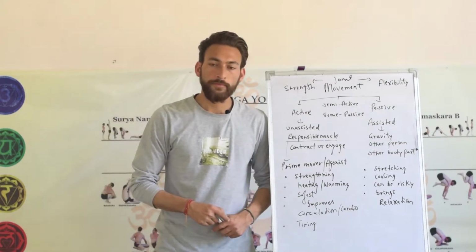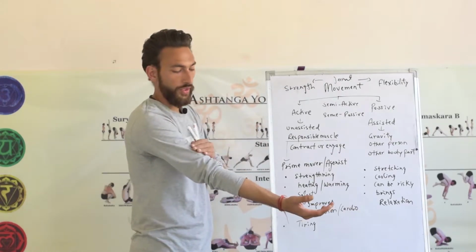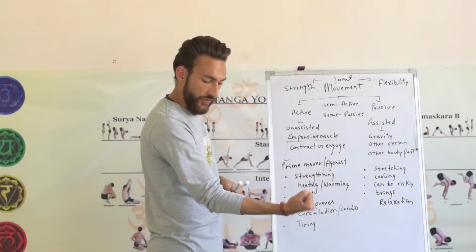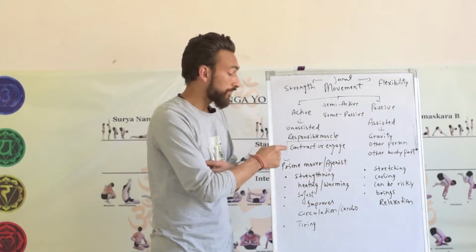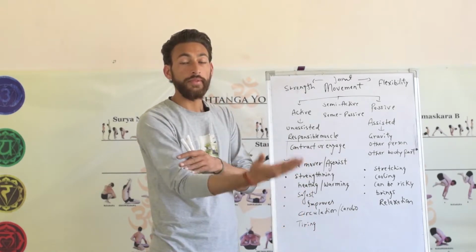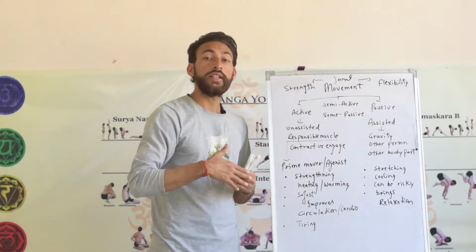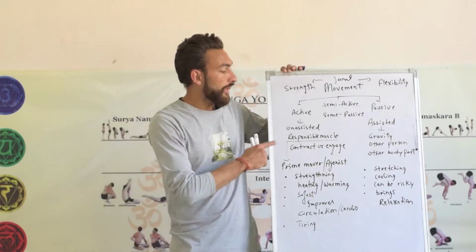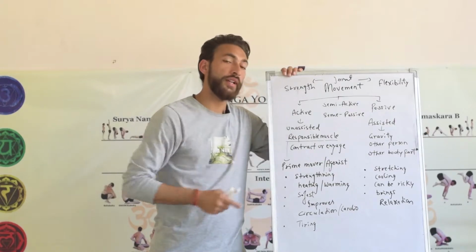So let's say you want to strengthen your biceps, the muscle on your upper arm. What do you do? You don't just bend it like this. Rather, you first bend it with your own muscle, then you put weight and make it do harder work, with more engagement and contraction. And when that happens with greater intensity, the muscle becomes stronger and grows bigger in some cases. So it is important that if you want to be safe in practice, you must start your practice with active movements.